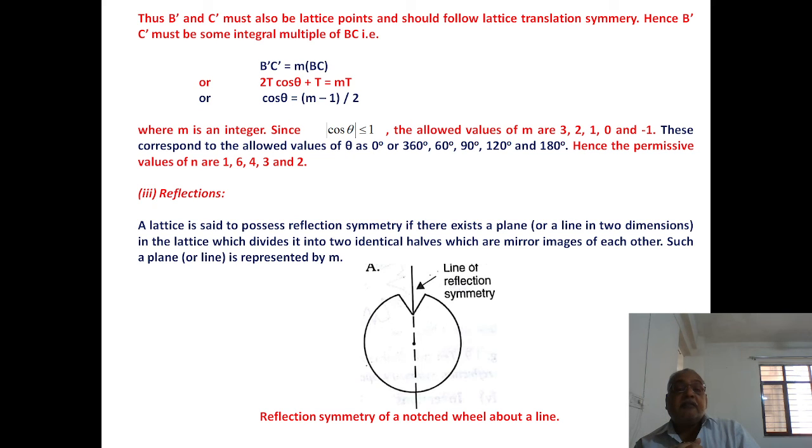Now let's come to the third, that is the reflection. A lattice is said to possess the reflection symmetry if there exists a plane. और 2 डायमेंशन में उस प्लेन को हम लोग लाइन में रिप्रेजेंट करते हैं. The lattice will divide into two identical halves, which are the mirror image of each other. Such a plane or line is represented by M. जैसे ये हमारा एक कोई चीज है जिसके बीच से हमने एक लाइन खींचा, ये प्लेन कट किया. This portion is mirror image of